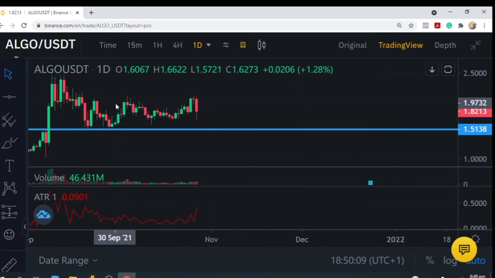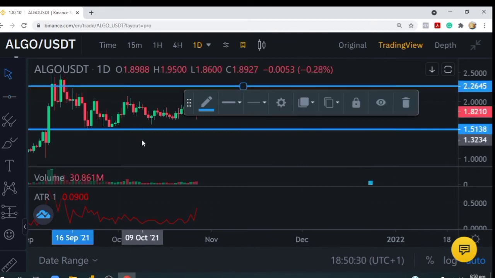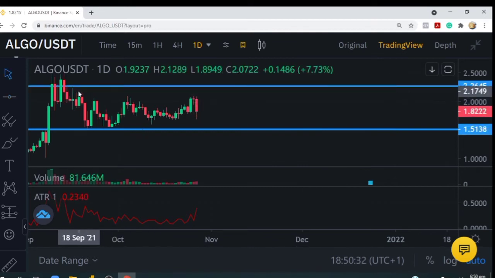Okay, now let's talk about resistance. Resistance is an area of significant supply where sellers step in to push the price of the asset down. Okay, so we can identify resistance around this point here. Let's say at this point the price was going up, and then sellers felt that they've had enough gain, and they decide that it is best that they sell. And as they start selling,